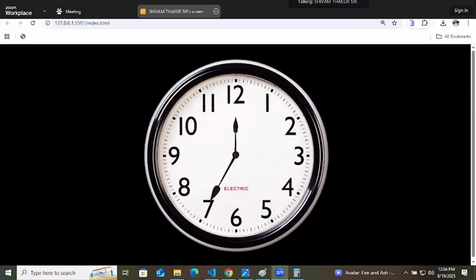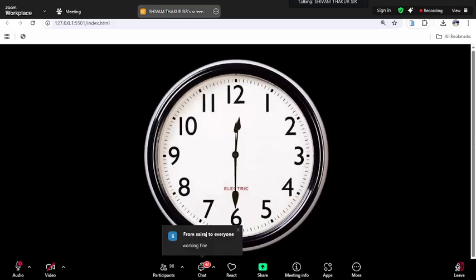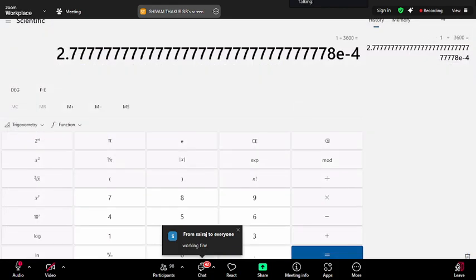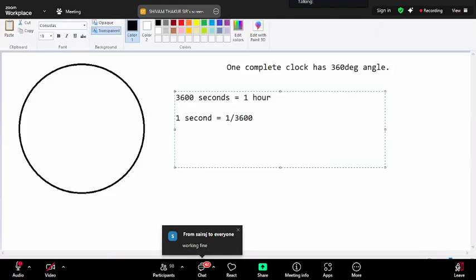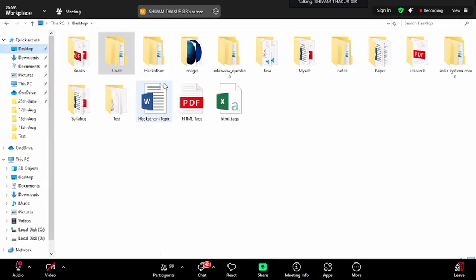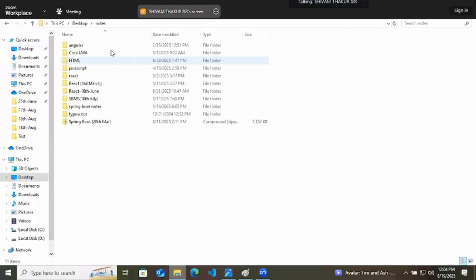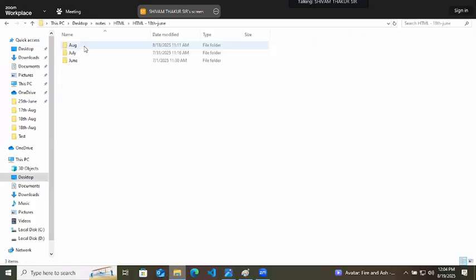So that was the clock project using the set interval. Yesterday we were also discussing a topic that was asynchronous JavaScript.